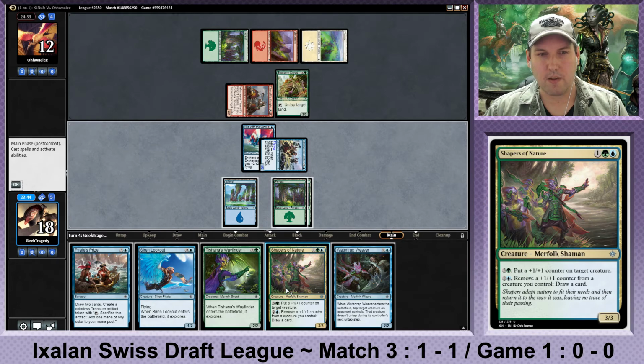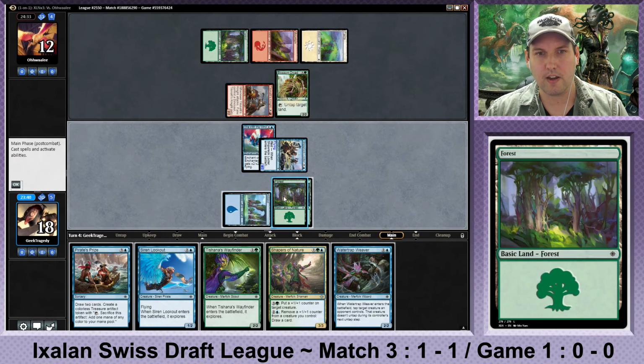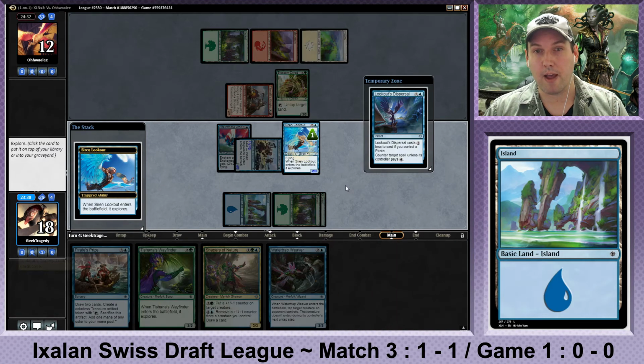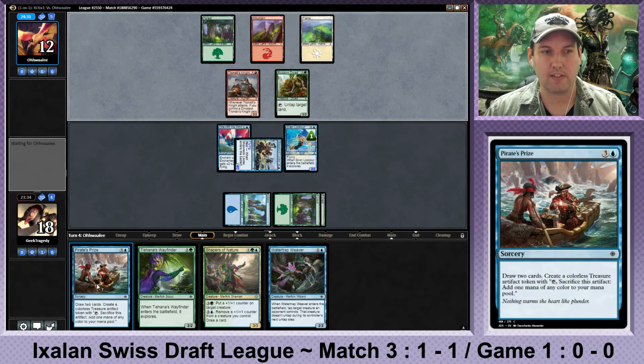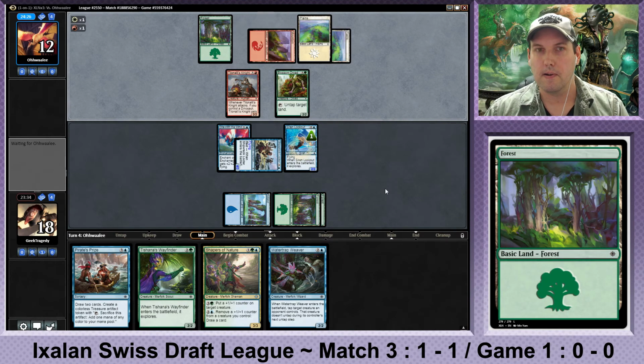Now, Shapers, the Wayfinder, or the Siren Lookout. I think I'm going to go with the Siren Lookout because it's got flying. And then either way, I'm happy because we forget Lookout's Dispersal. Yeah, I'm going to put that on top, because we can cast everything except for the Pirate's Prize, given the lands that we have, so...